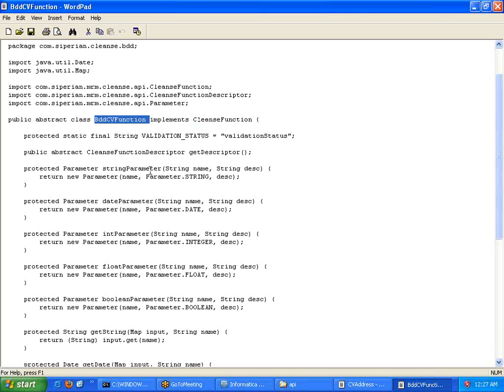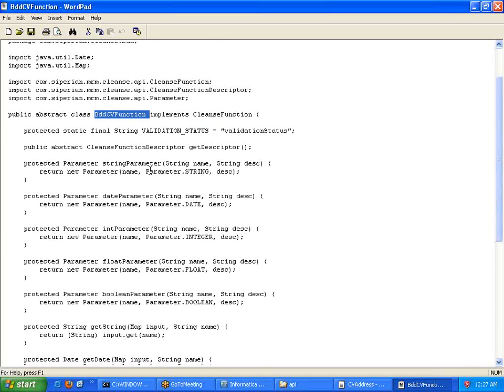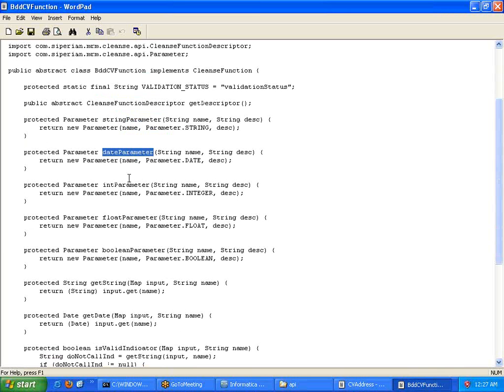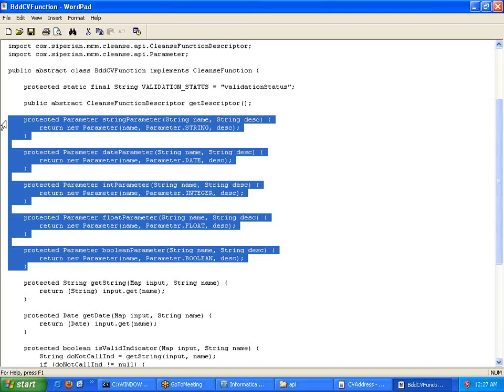particular class. Like you have string parameter, date parameter, int parameter, float parameter, and boolean parameter. These methods need to be overridden mandatorily. If you don't do that, you will get errors saying undefined references or unresolved symbols. These are the interface methods.